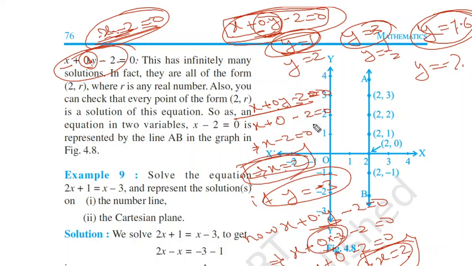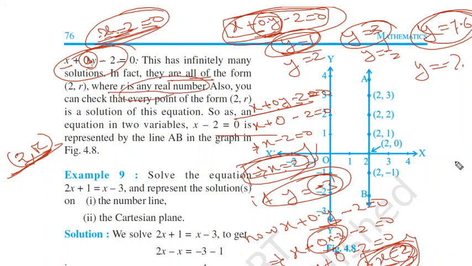What is the value of y? In the first case we have taken y as 1. Here we have taken the value of y as minus 3. So irrespective of any value of y, we can get the value of x as 2. So if you write a general point, for x we can take 2, because every time we are getting the value of x as 2. For y we can take, suppose, r, so the point is (2, r). Here r is any real number.